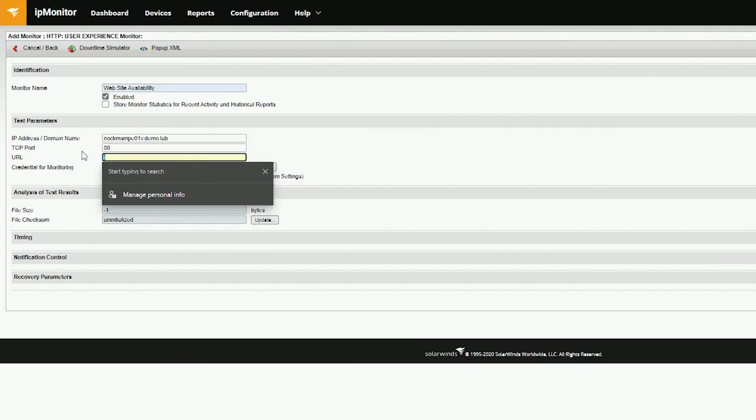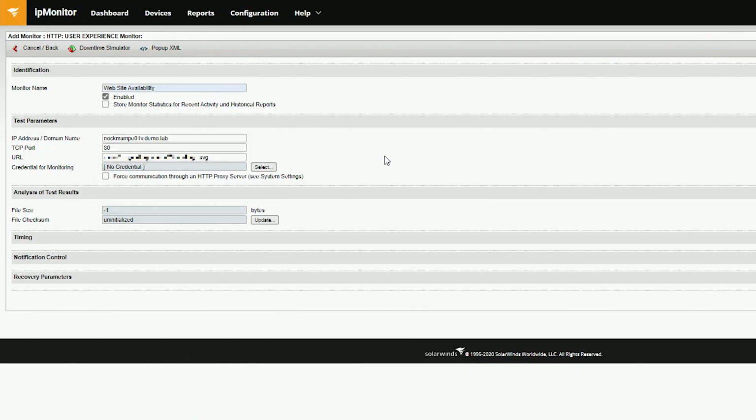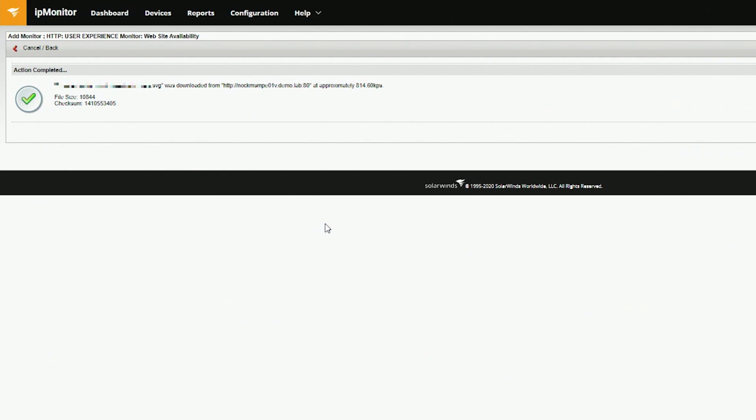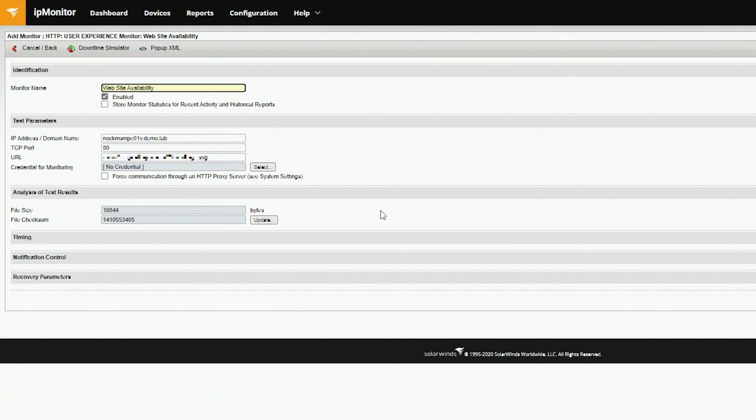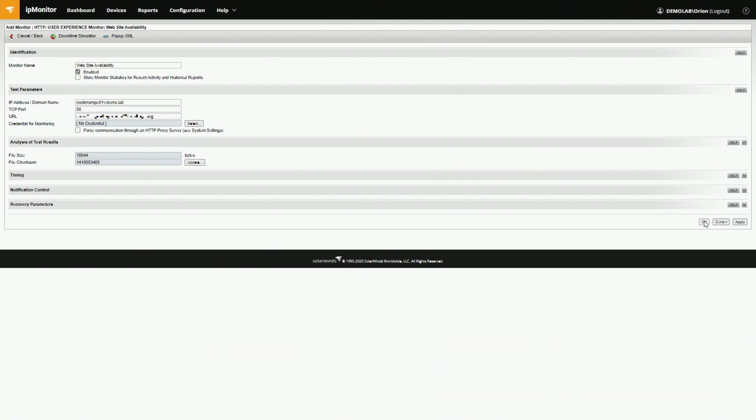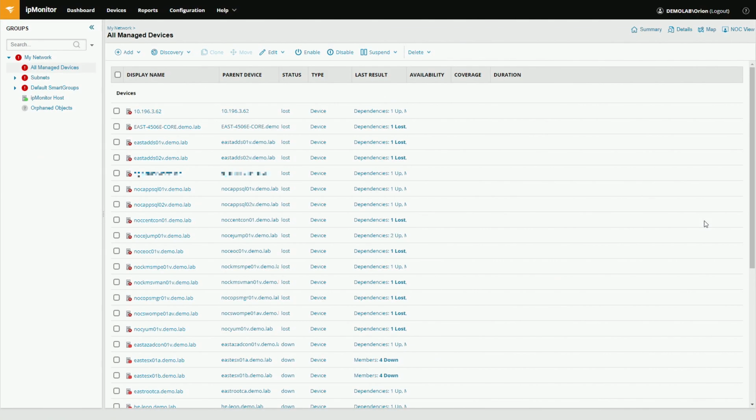The reason I do this is a lot of web pages will still return valid HTTP calls, but if it doesn't load all the way and get that last image on the page, you'll know there's some type of problem. So I'll just put in a URL. In this case, we don't need a credential, but I want to pull down and check the file size. So we can just hit update. There we go. It pulled down the file and generated its own checksum. And you see that updated here. And then that's all we really need. You can just hit OK to build it. And that's all it takes to build an HTTP user experience monitor.